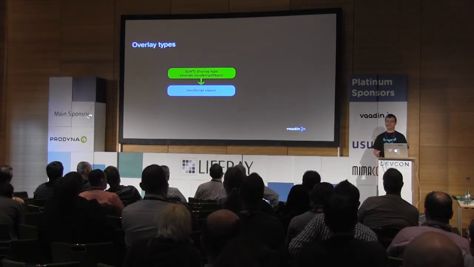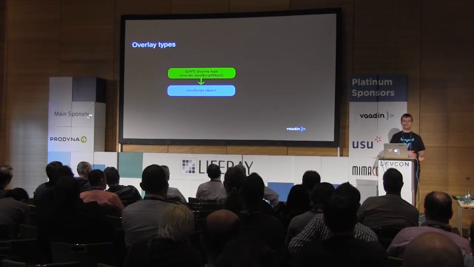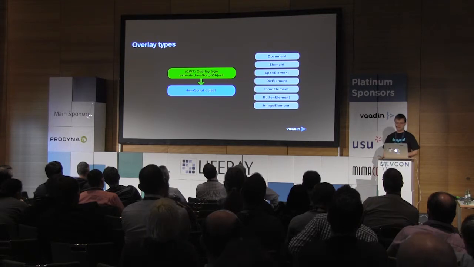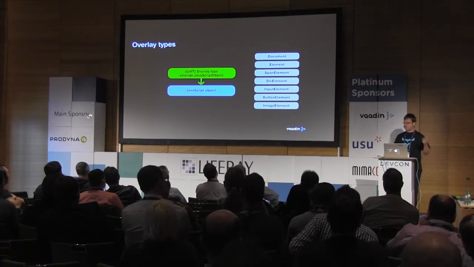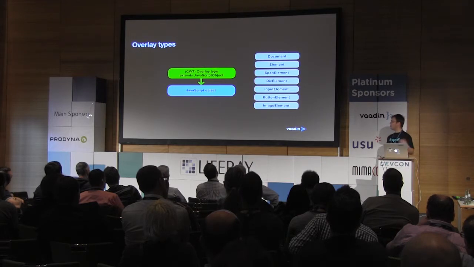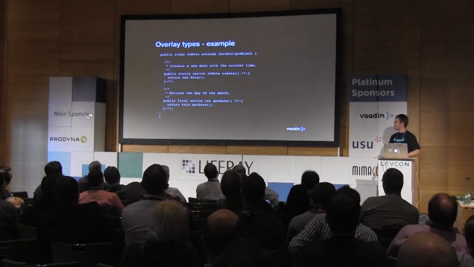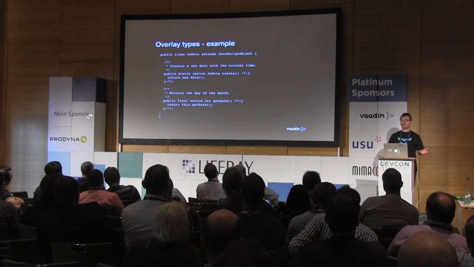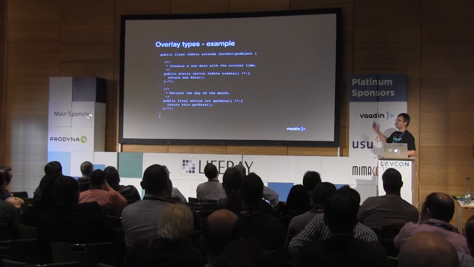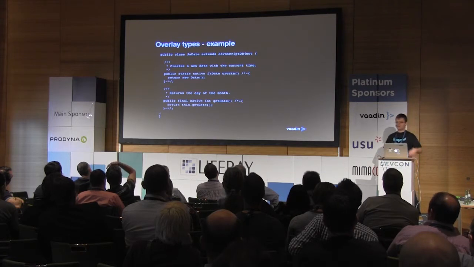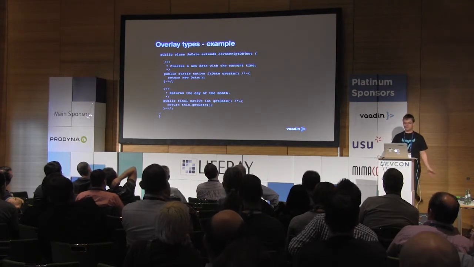Okay, it also features so-called overlay types, which represent JavaScript objects in your Java code. So you can take an existing JavaScript object and manipulate it with your GWT code. There are a couple of those. For example, things like Document, which represents the document object model element document. It allows you to access elements, various subclasses of those elements. And for example, if we want to have an overlay over a data object, it's something like that. You just need to extend the JavaScriptObject,